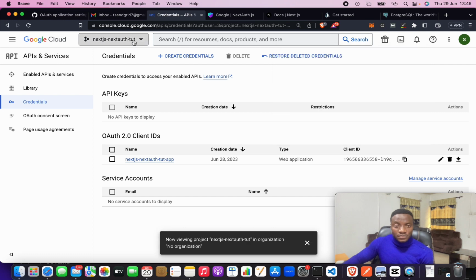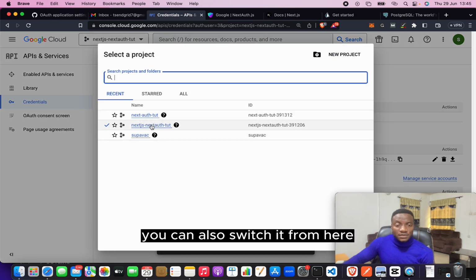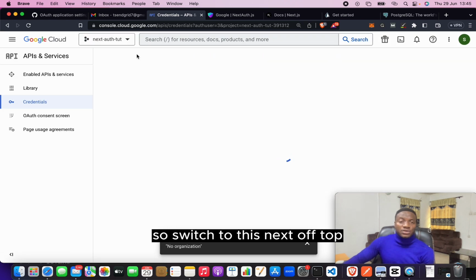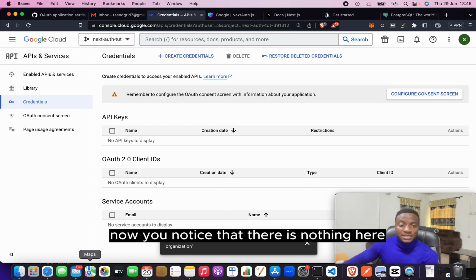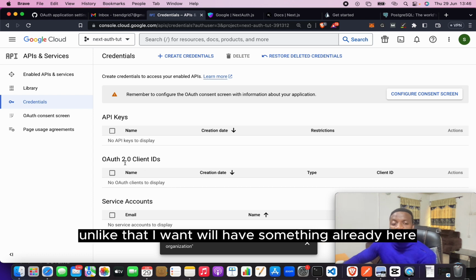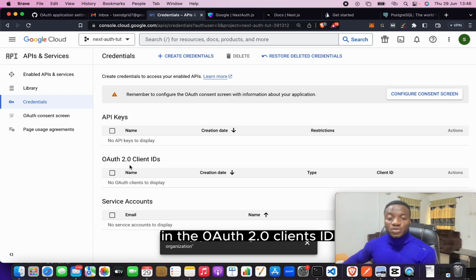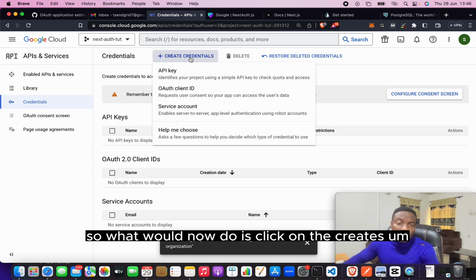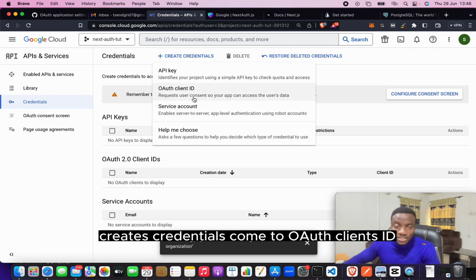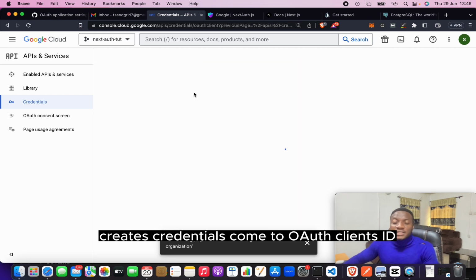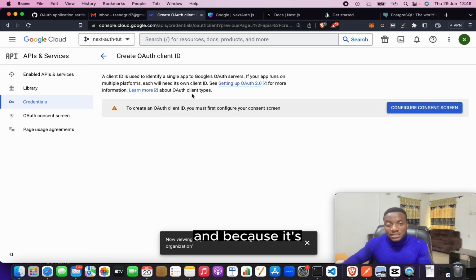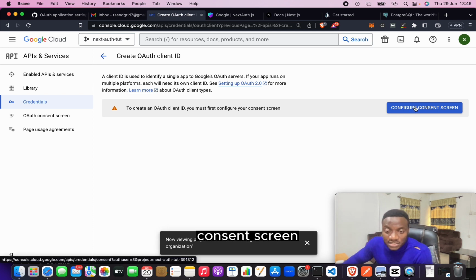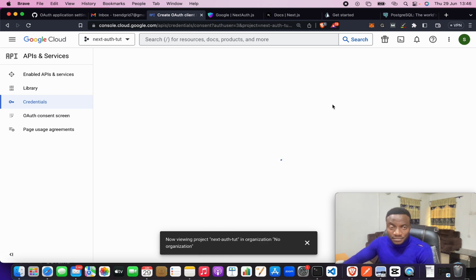So you can also switch it from here. Want to switch it to this, so switch to this NextAuth taught. Now you notice that there is nothing here, unlike the other one where we have something already here in the Auth 2.0 client ID. So what we'll now do is click on create credentials, come to Auth client ID, and because it's new, it will ask us to configure the consent screen. So click on it,